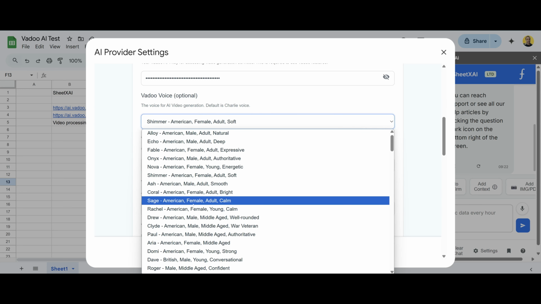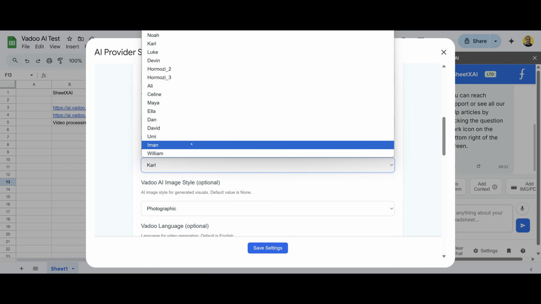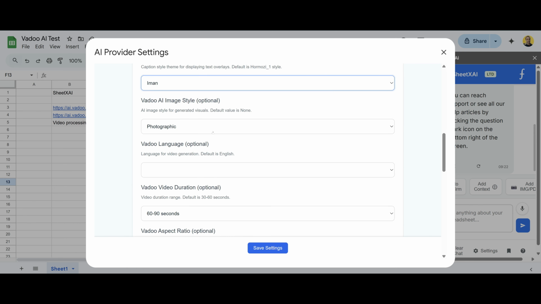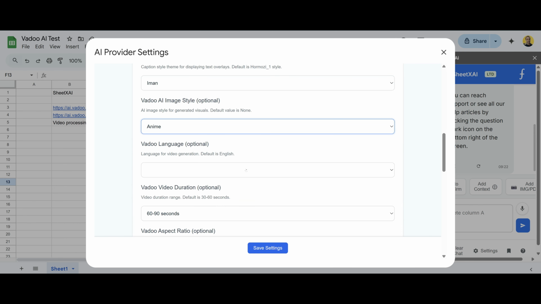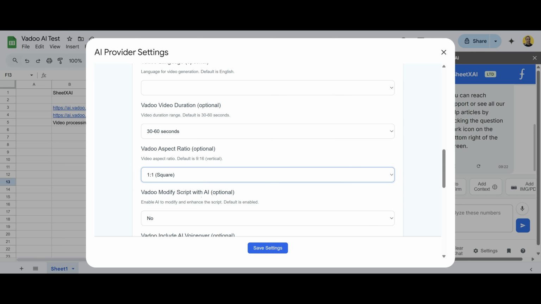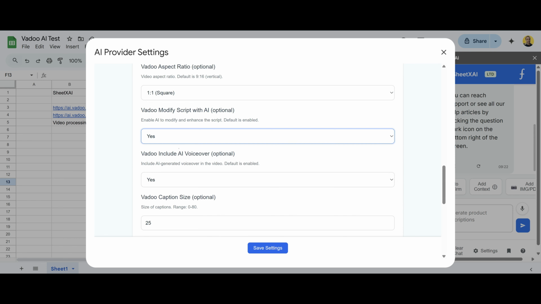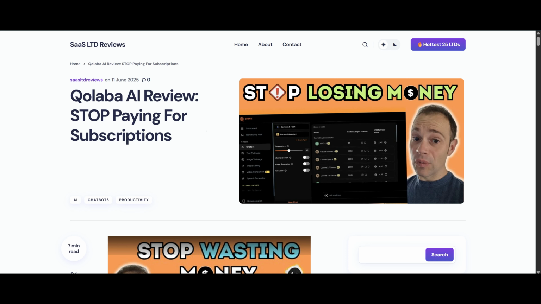And for this one, we'll choose Patrick, who's American, male, middle-aged, and shouty. So that'd be interesting. We'll choose Iman as the theme. We'll go for something different. We'll go for anime. Leave it as English. We'll do 30 to 60 seconds, and we'll do a square this time. We will modify the script with AI for better output. Leave the caption sizes as they are, and I've added in this blog post URL, which is on Vadoo AI